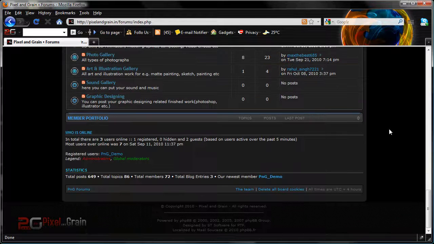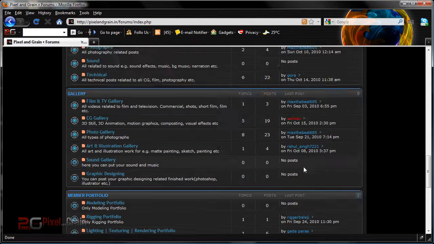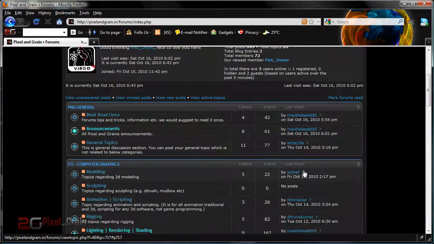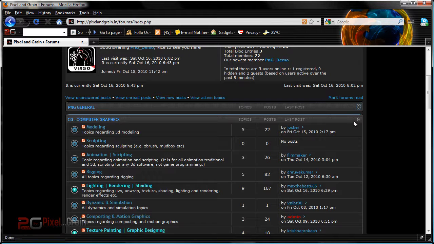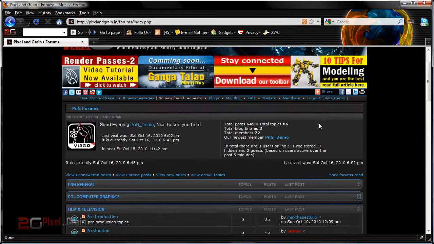All right, here also. So this is a very nice feature. You can collapse and expand whenever you want. And another thing: if you log out, it won't come back the same as the default. Just collapse the first two categories, and if I log out,